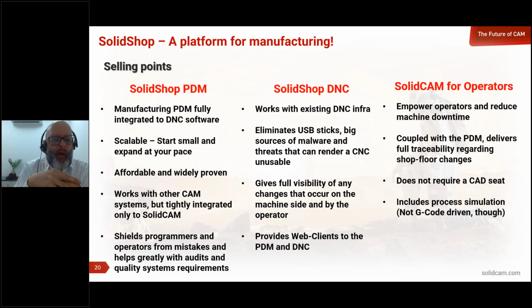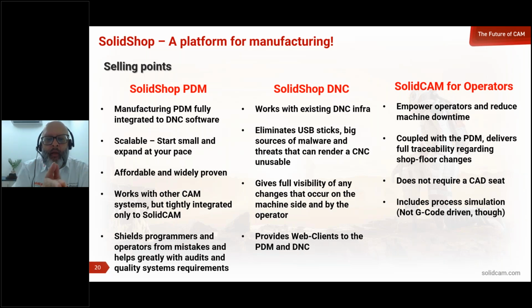Okay, so any quality guy or the shop owner that is trying to get stronger for audits or eliminate the source of non-conformities that they got in the last audit, this thing really makes wonders, especially if we have SolidShop for operators in the shop, and then SolidCAM in the office. And DNC Max and PDM. We literally have control of both sides of the fence in every aspect.